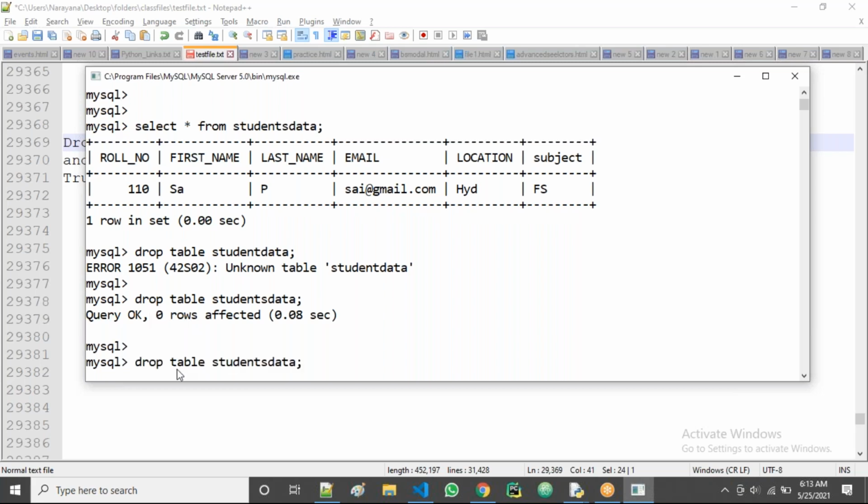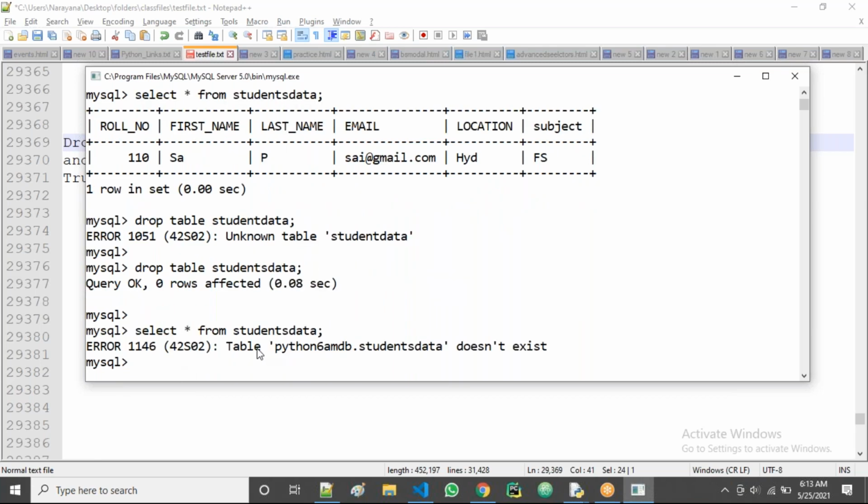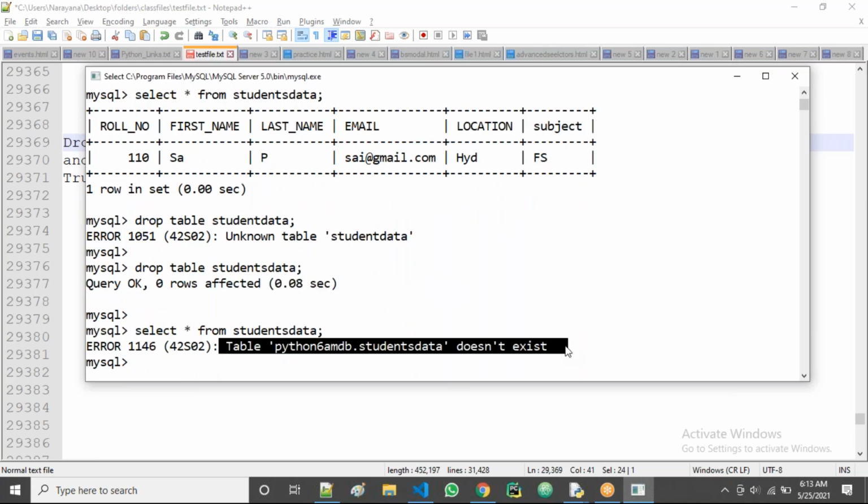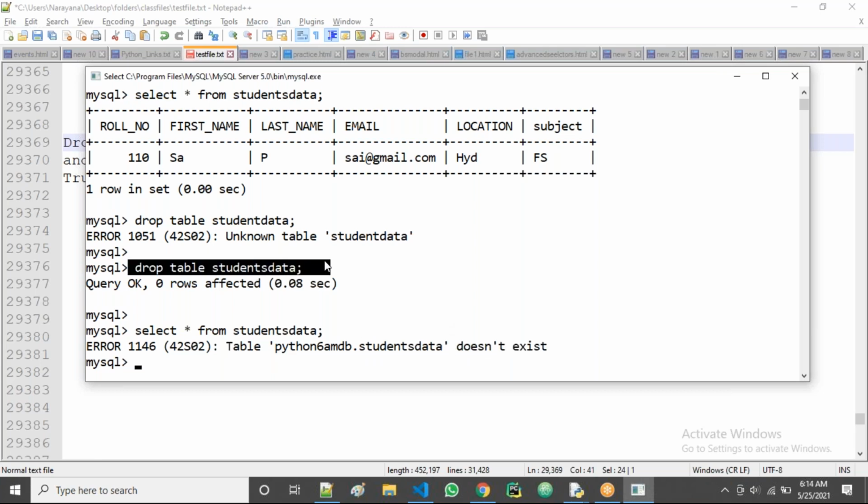Now run the select query. It's saying the students data table does not exist in the database. Why? The entire table is dropped from the database.